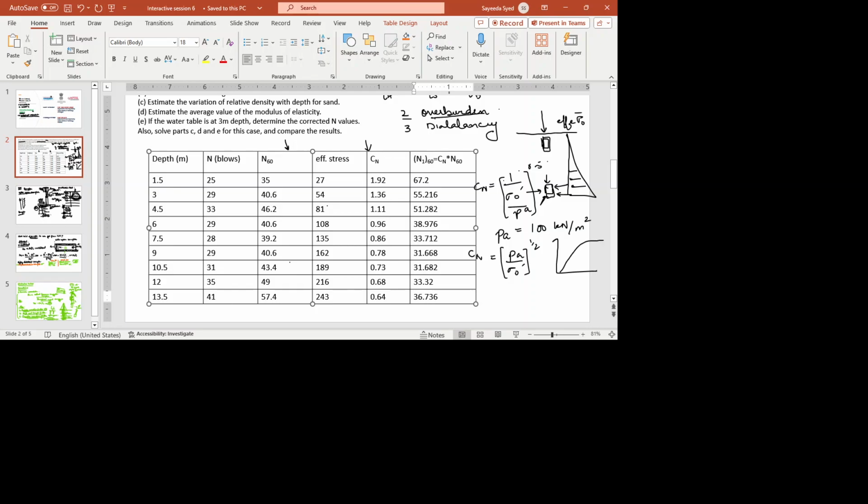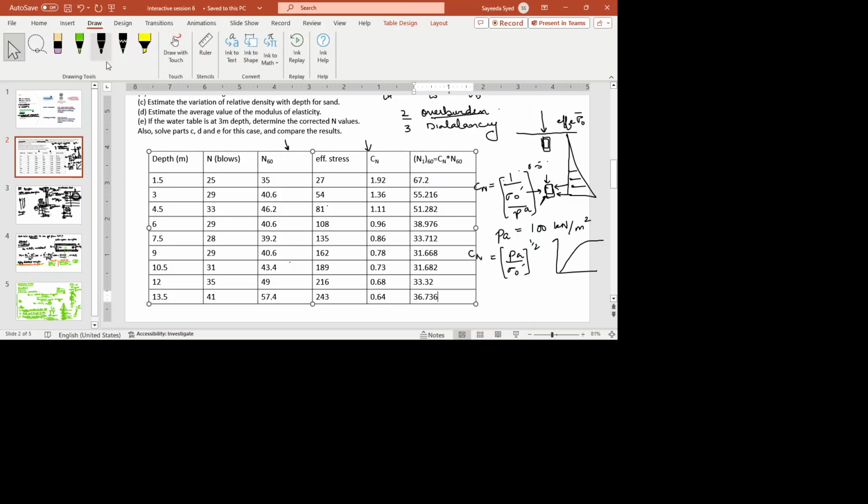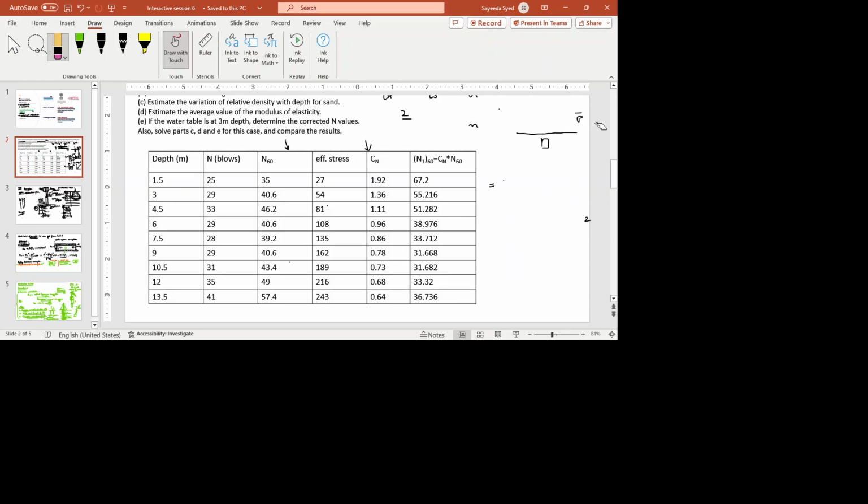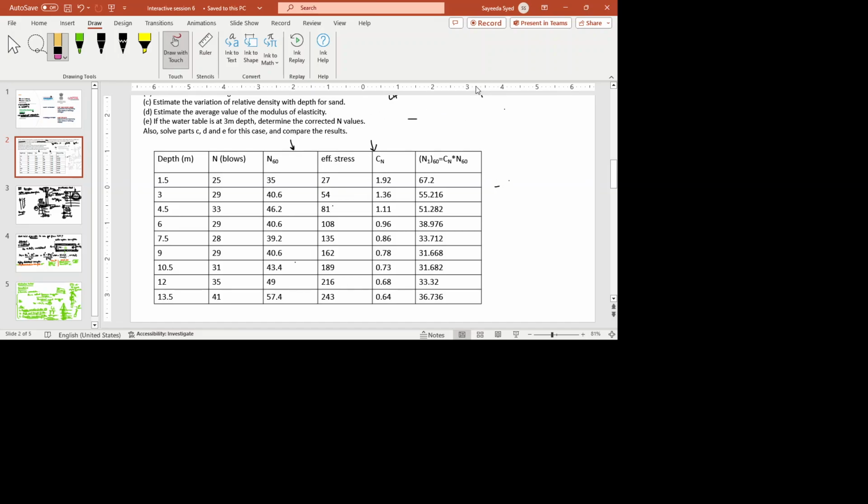Okay, so these are the values of N160 that we have obtained. So this is the C160. See, a bizarre thing about CN here that we can see is that